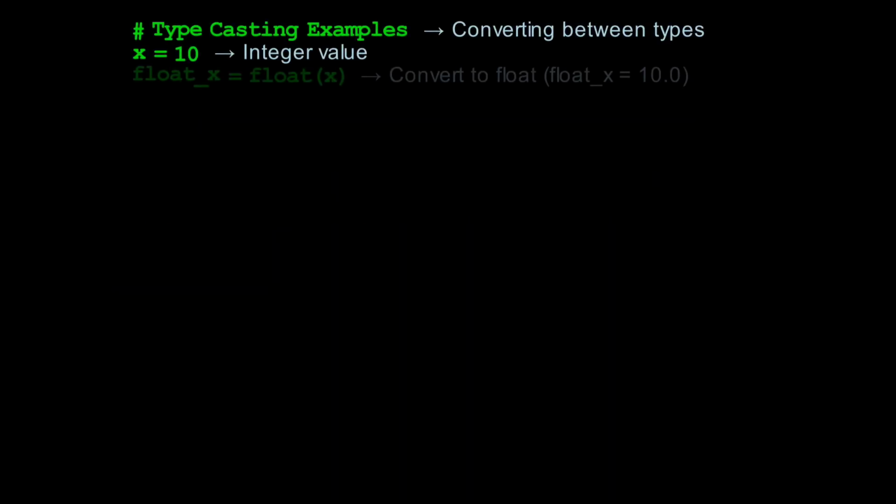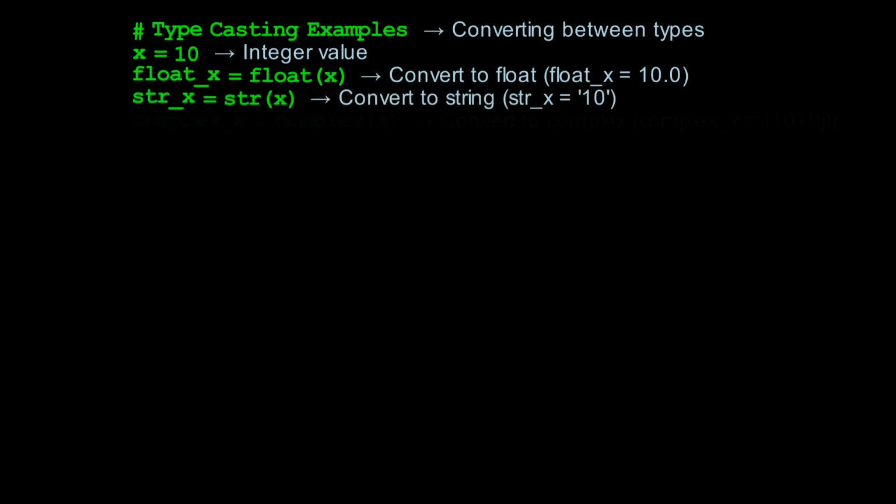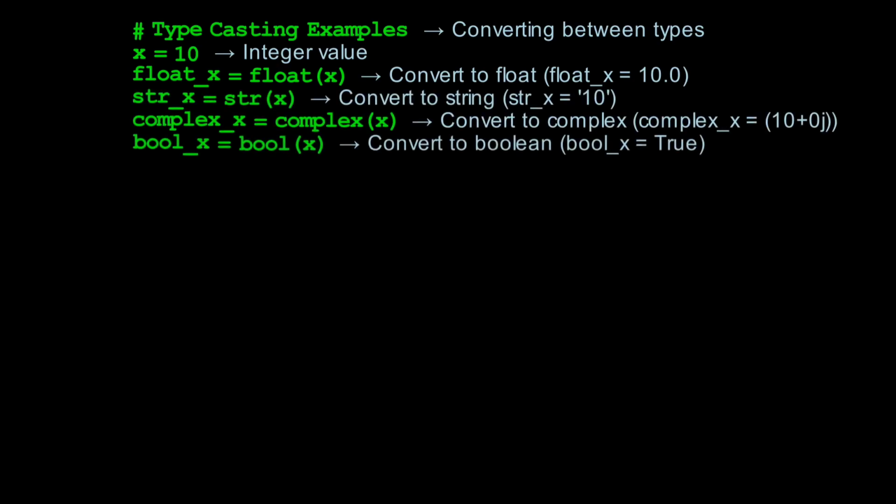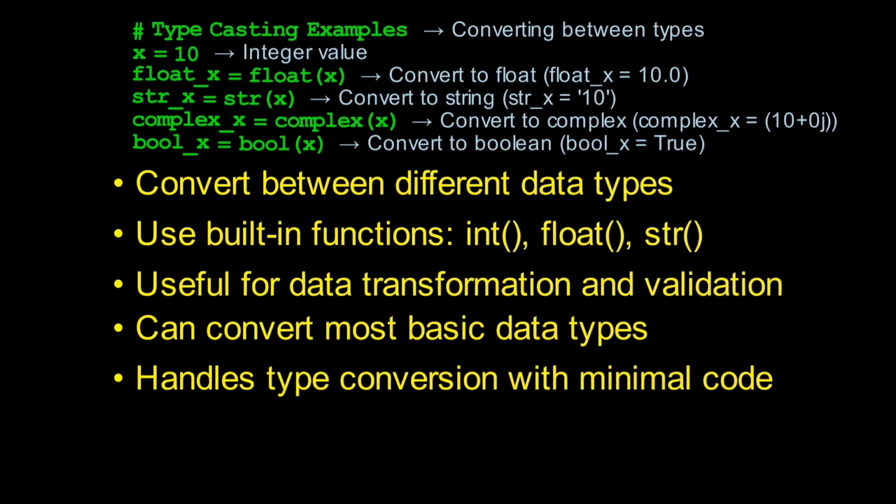x = 10 starts with an integer. float_x = float(x) converts to a float, giving us 10.0. str_x = str(x) transforms it to a string. complex_x = complex(x) creates a complex number, that is 10 plus 0j. bool_x = bool(x) converts to boolean, that is True. Notice how Python provides a seamless pathway between different data types, allowing us to transform data as the need of